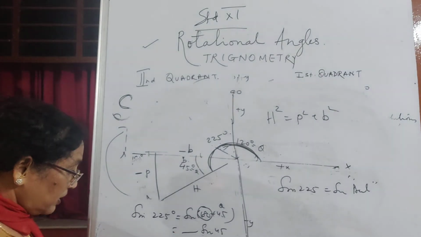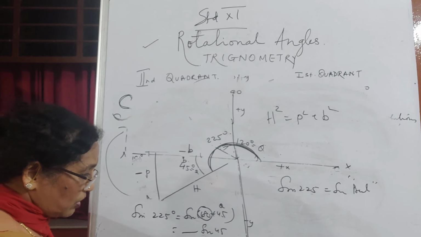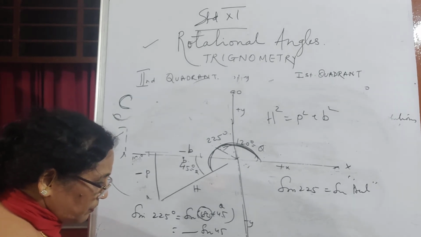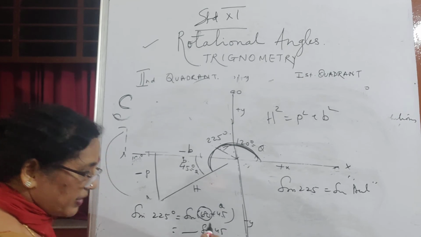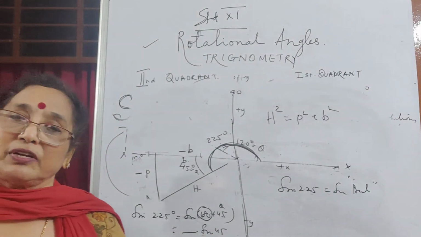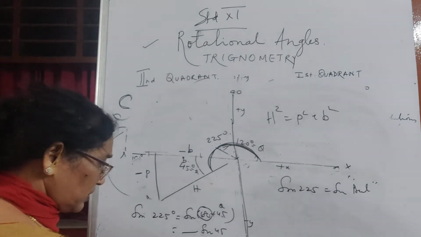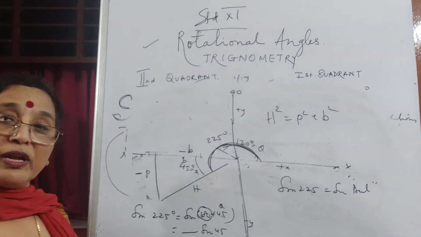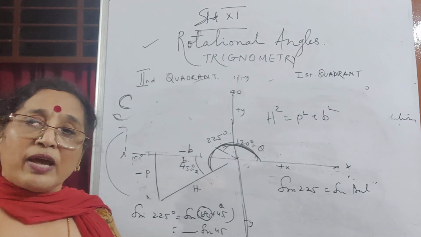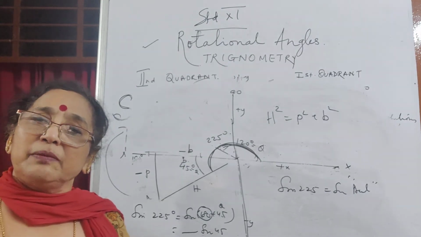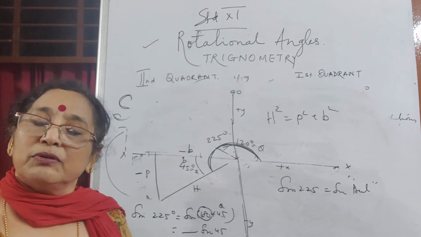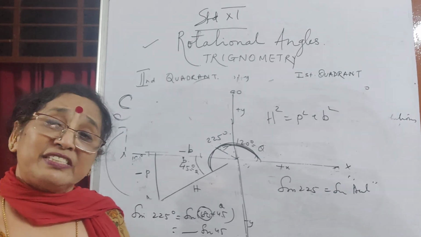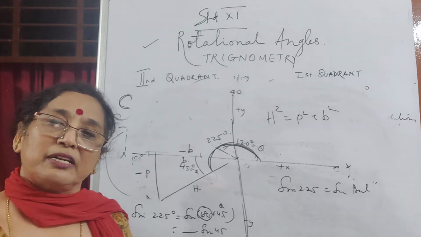If it is cot 225, that is cot of 180 plus 45, that is positive cot 45, and that is 1. Same with tan 225, tan of 180 plus 45. I told you if it's tan 200 degrees, 180 plus 20, it will be tan 20. You have to see the tables. And if it's sine and cos, it will be minus sine 20 and minus cos 20.